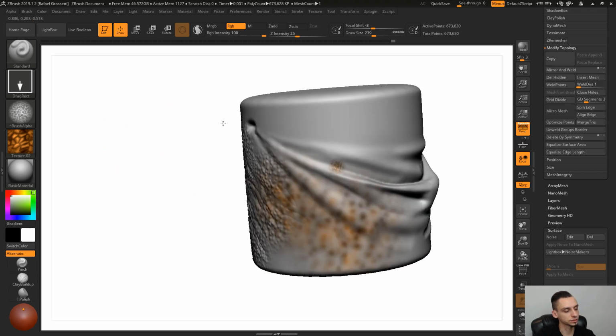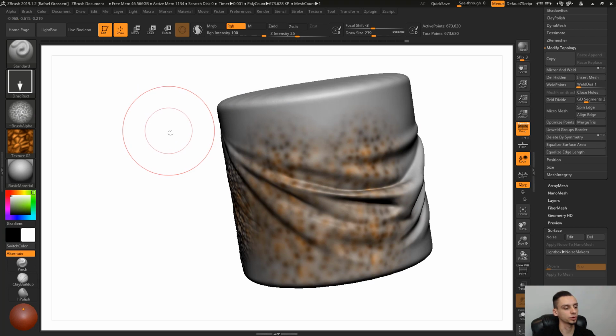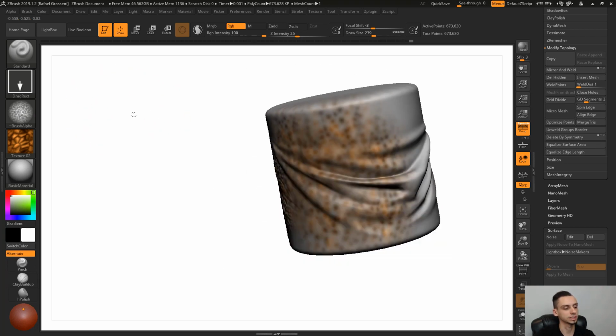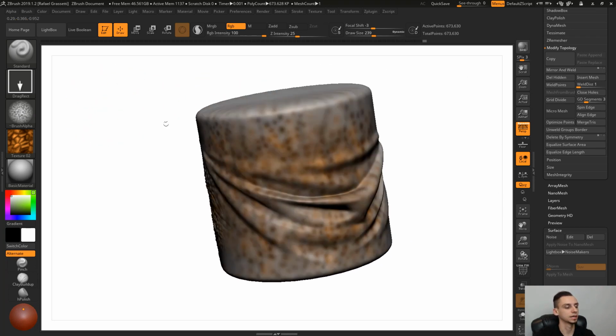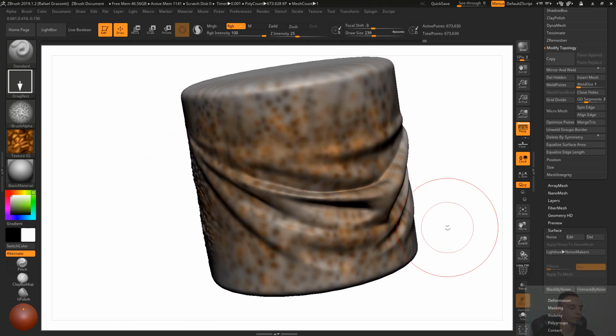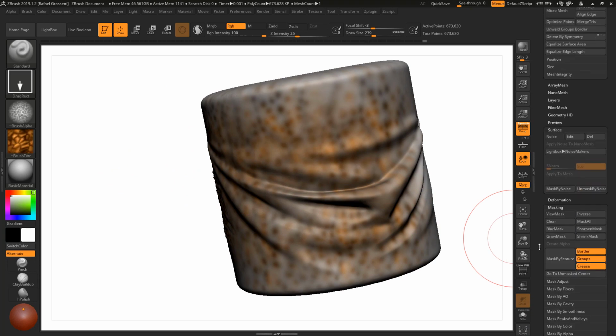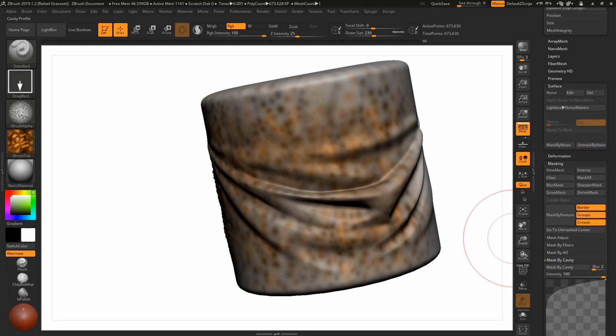This also works, it's a mix of this texture with this alpha, and I'm just throwing that in there. This also creates a nice, interesting effect. Mix of that with masking. So once you have your mesh with details like this one, you could then start playing with masks